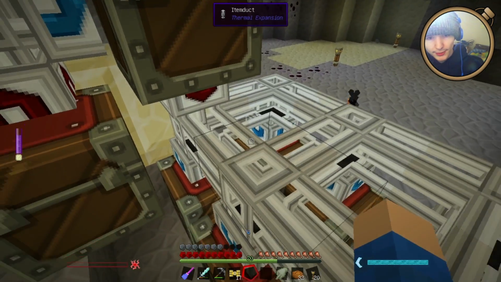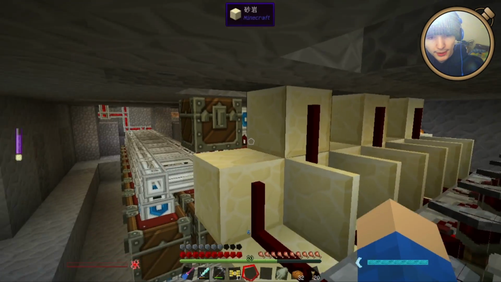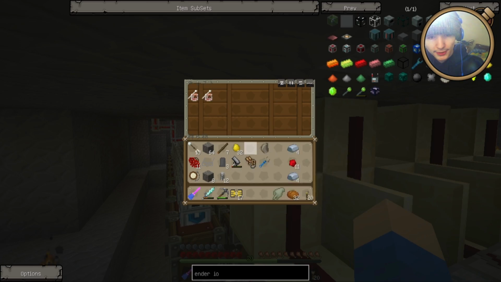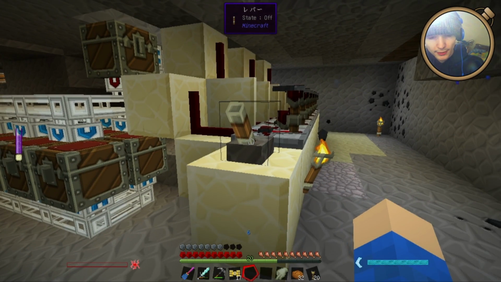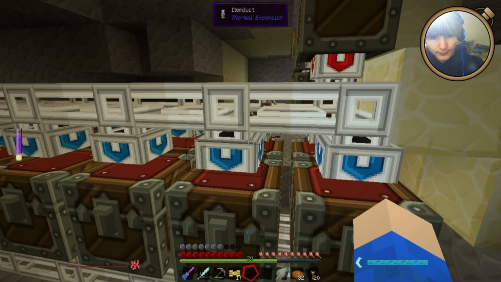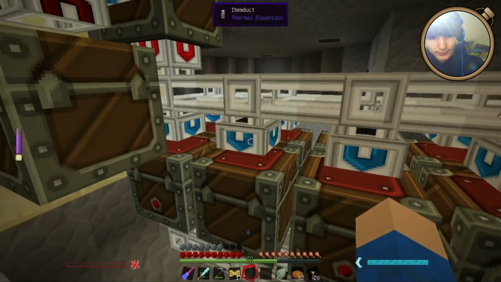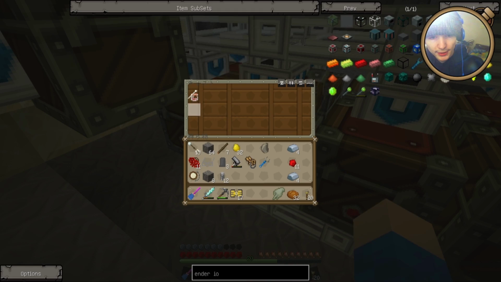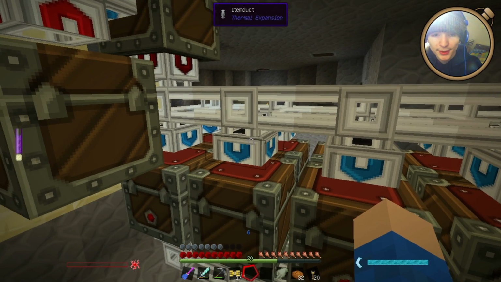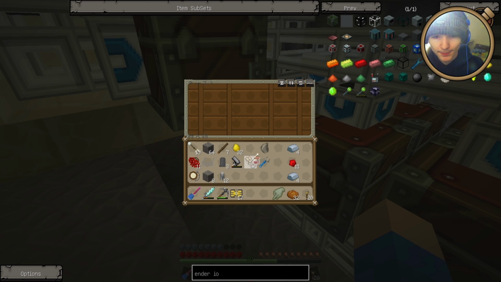Okay, so if I plug them into here, and we give this a signal. Then we get Nifty and Gar. Perfect. Because these are now only capable of receiving certain people's tag locks. So